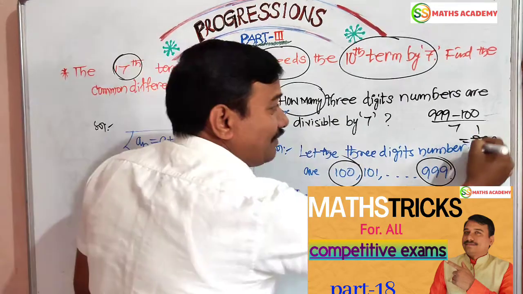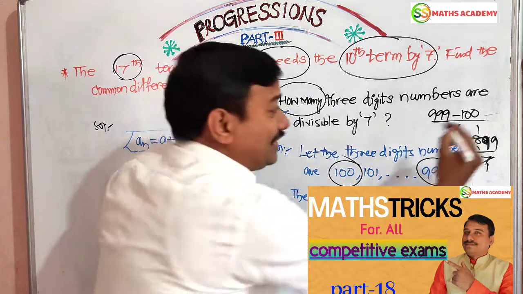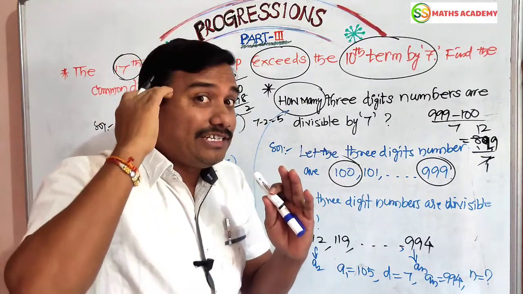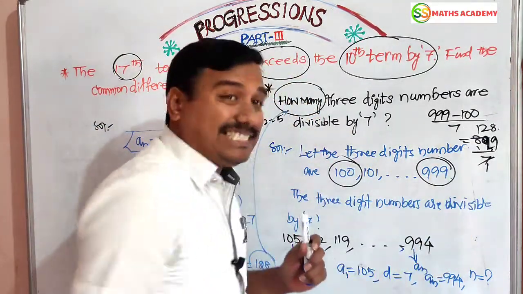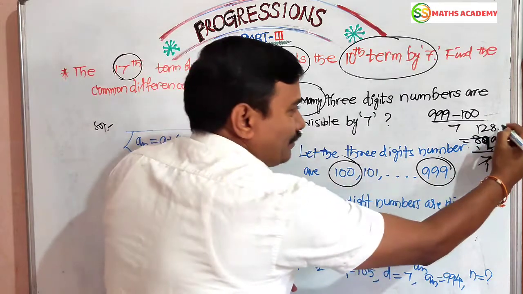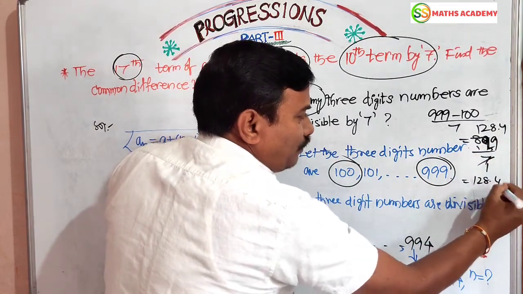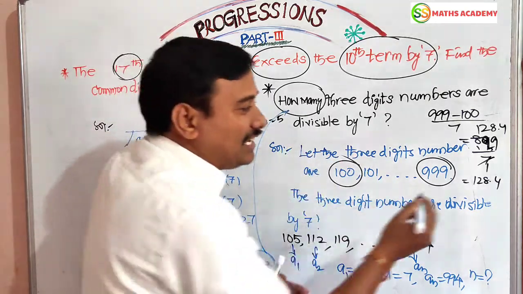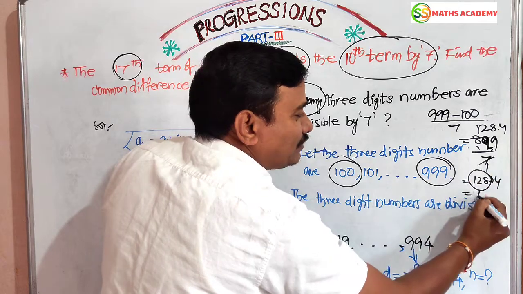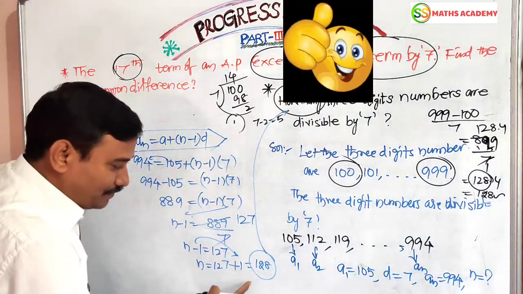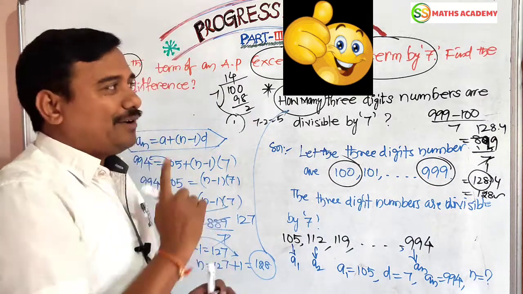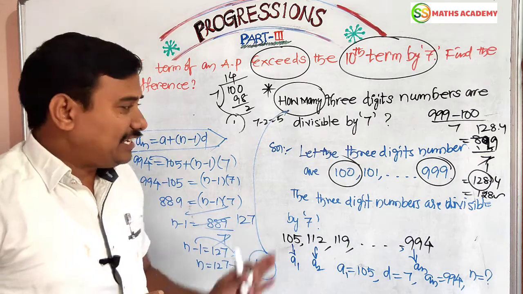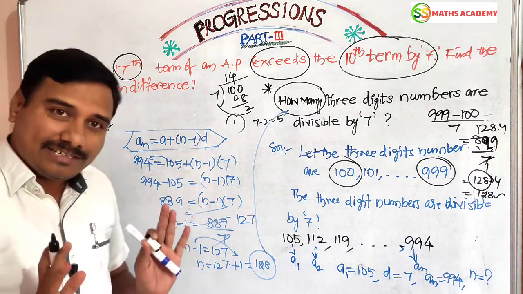You have to divide by 7: 1 remainder, 19, 7 2 is 14, 5 remainder, 59, 7 8 is 56, next 3 remainder, 7 4 is 28. So 128.4 we are getting as the approximate value. We have to go with the preceding successor process. Here we consider the approximate value 128. This is the way we have to find in the entrance area. We use this technique, dear friends. Now in 10th class, you go with the neat procedure, right?